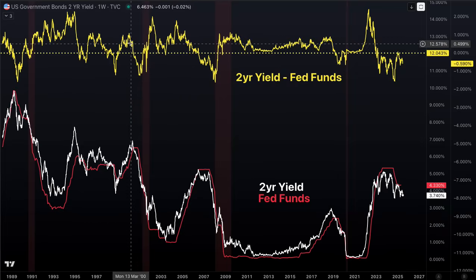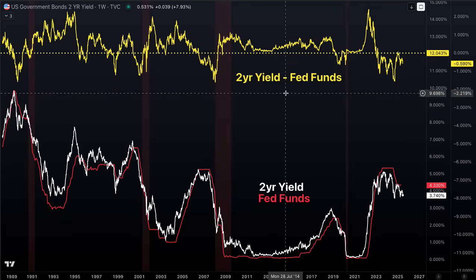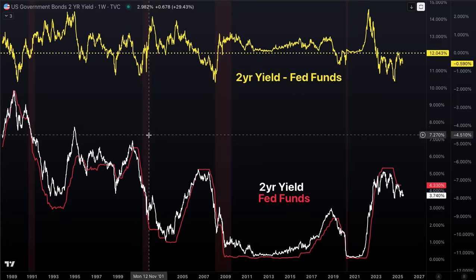But you can see, right, when this goes negative, what that means is the 2-year yield is actually falling below the federal funds rate. And again, the market wisdom theory is that the market is smart enough to predict that a recession is coming, and they go and buy the 2-year, which drives the yield down lower, even lower than the federal funds rate. Sure enough, the Fed has to cut rates. The 2-year yield,